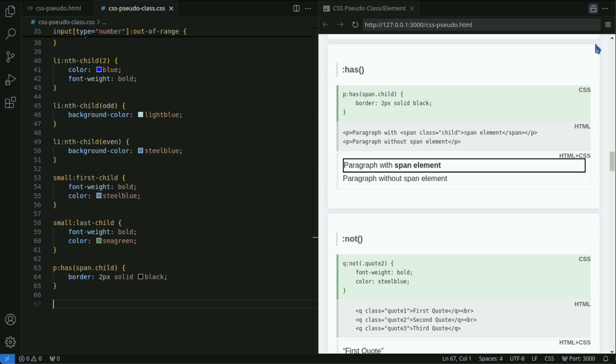The has pseudo-class in CSS functions as a parent selector. Using this pseudo-class, you can select a parent element based on the presence of child elements. In this example, the border is applied to p elements containing span elements with the child class.